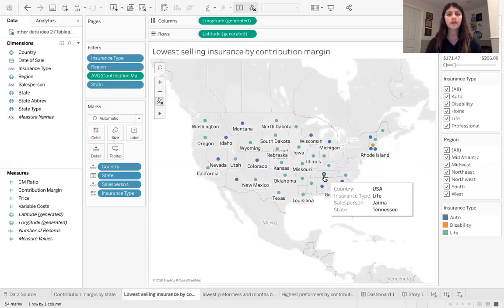So basically, I wanted to set this up as a visualization so we can lead on to discovering which salespeople are responsible for these low margins and which insurance types are underperforming or are being sold at a slower rate. That leads us into my next visualization, which is